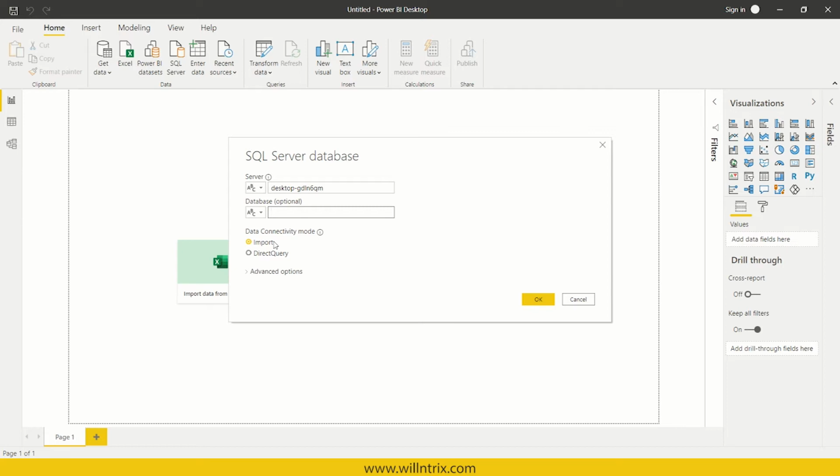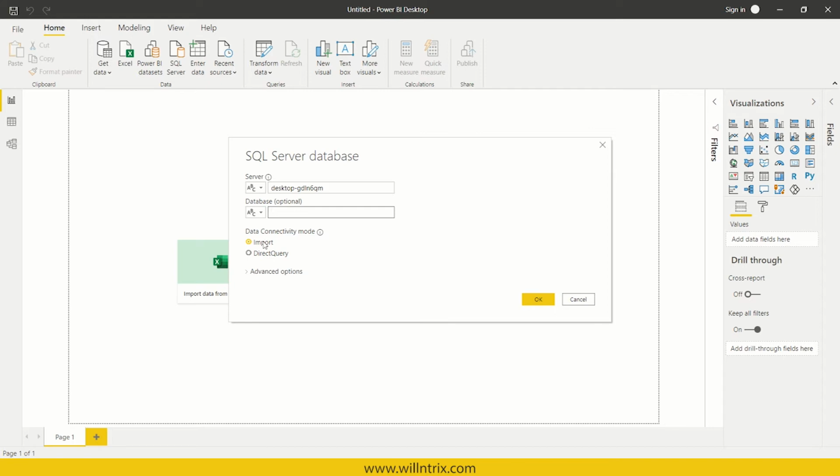See, Import means it will connect to the database and then take a copy of the data into Power BI, whereas DirectQuery will build a live connection with the database. So whenever you send a request for updated data, if it is import mode, it will take the data from the local memory, in the sense the data imported into Power BI, whereas DirectQuery will send the request to the database directly, fetch the data from there and update it in Power BI.